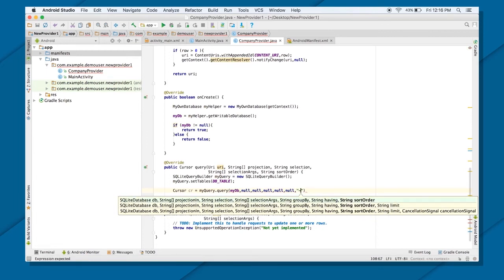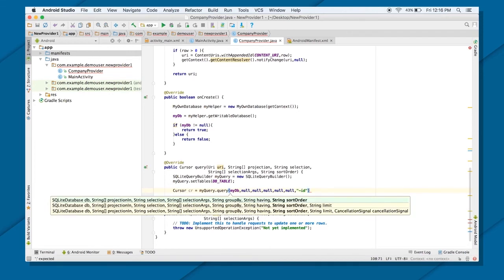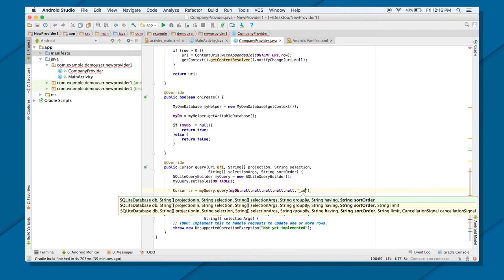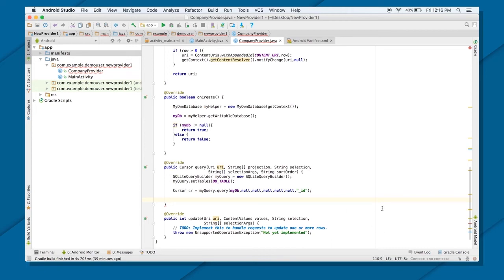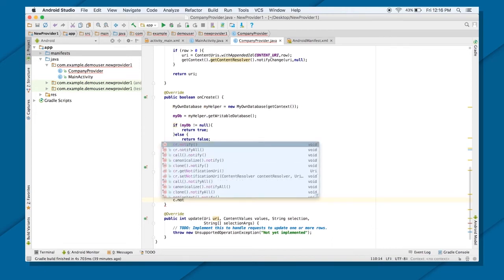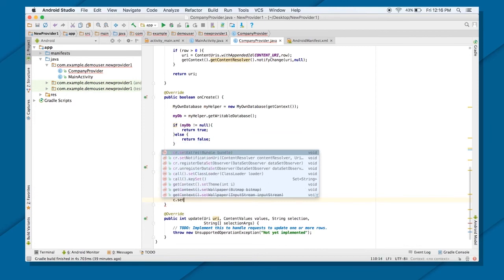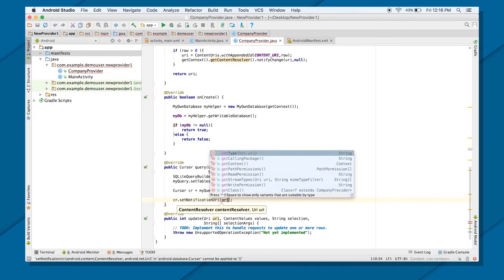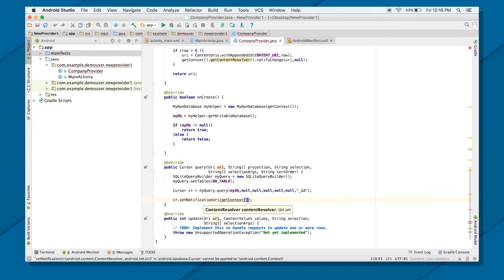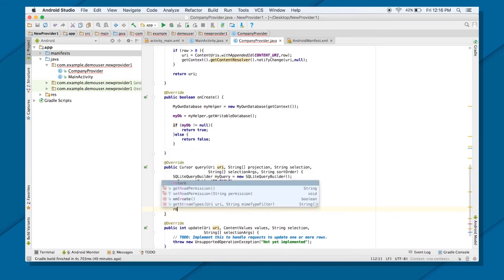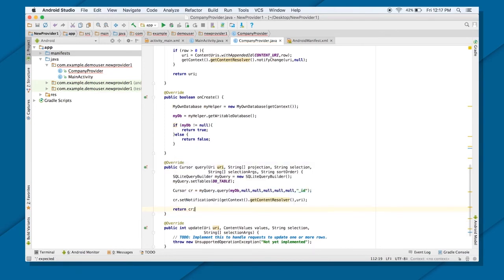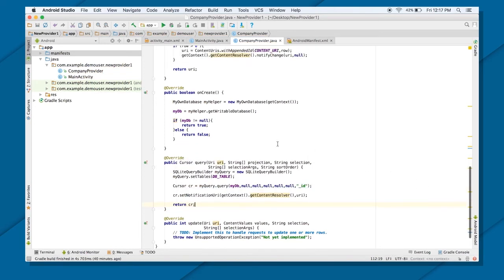Let me just put order as ID. They'll be shown in order of the ID column. Great. After that, I need to notify that my URI has changed. So I will do c dot set notification URI, in which I will get the content resolver, so that I can get the content resolver and the URI, and return your cursor object. Great. So these are the two methods which I required.